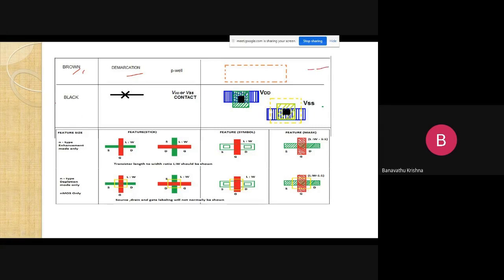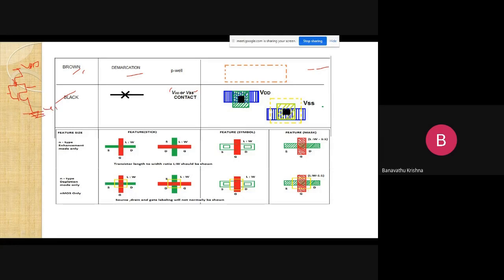It is brown color, and we can represent it like this. Okay, and next is black color, one more contact cut, which is the VDD connection and VSS connection. Suppose you want to take one CMOS transistor here. This is an NMOS transistor and this is a PMOS transistor. The gates are connected together like this, and the drains are taken like this. This is the VDD connection, and this is the VSS connection, right?